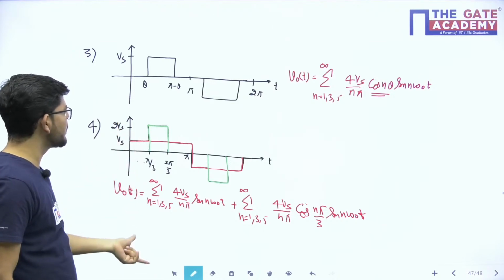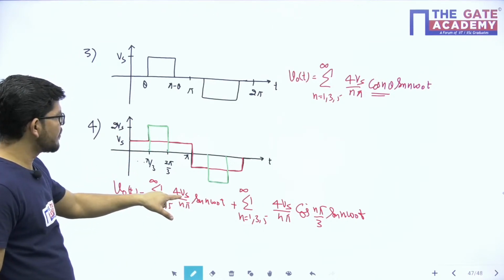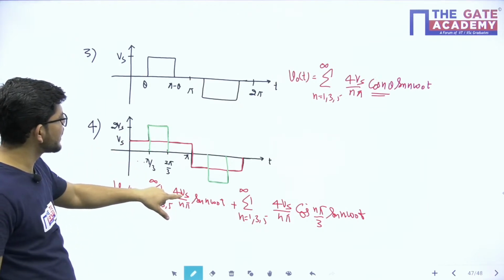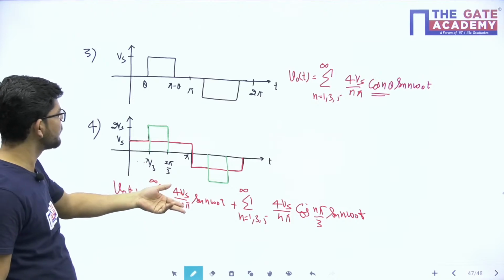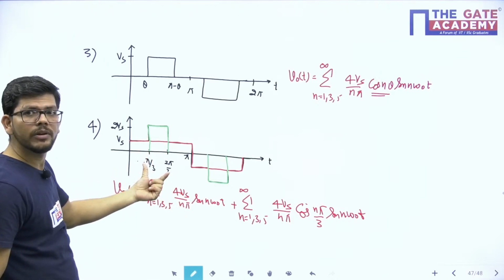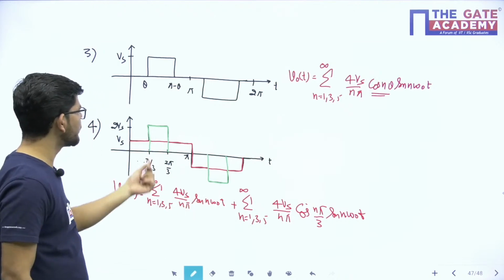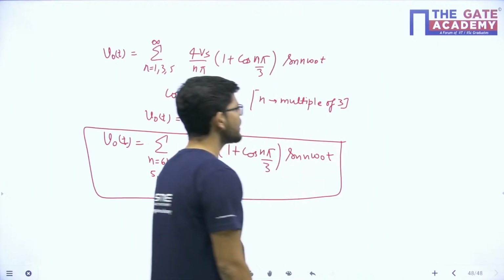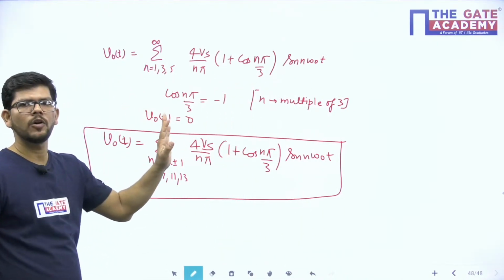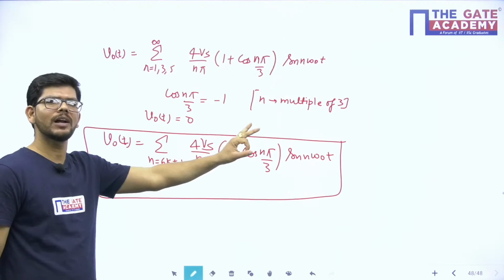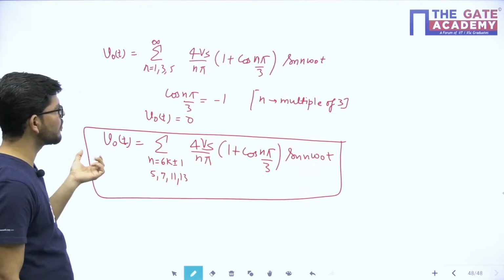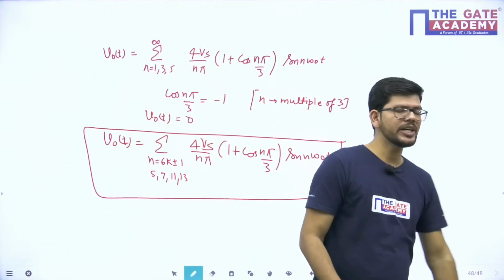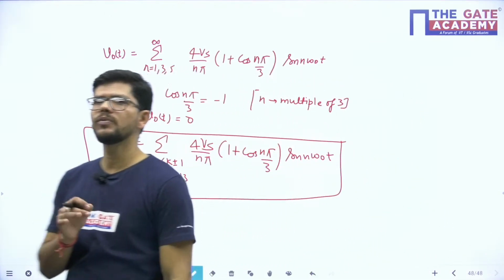If you have a stepped waveform, see here, Vs is the magnitude. Whatever magnitude is written here, you just write that magnitude. For our case it is Vs, so I have just written Vs here. This particular waveform is the summation of two waveforms, one complete square wave and a quasi wave. When you solve this, you will see that all triplen harmonics will be eliminated, even harmonics will be eliminated, and you will have an expression like this. Is that clear? Just give me a reply. This particular analysis will be very helpful for you